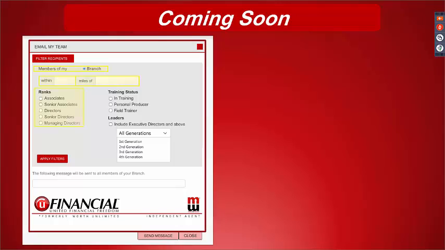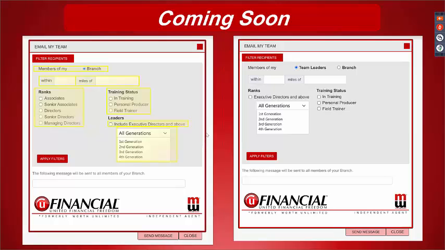Yeah, so then you would simply select the people that you want to send out a message to, or select, hey, training status. But then you've also got this new feature that is coming soon. So this isn't there yet now, but within the next week or so, this will be coming. Then all generations, and you select the generations you want, and bam, you can send out an email. So you could just send to executive directors and above. Now that's something that you haven't had, and we don't have right now, but it is coming soon. So wanted to just kind of throw this in as well because it's right around the corner.